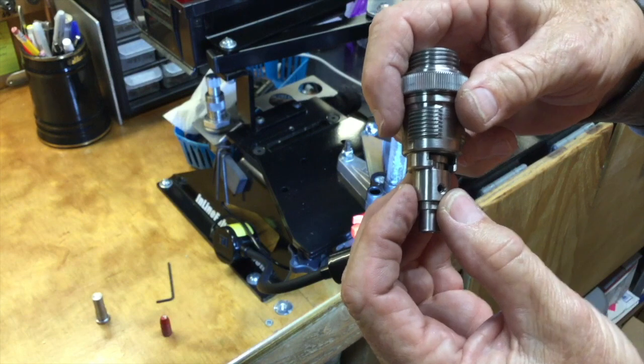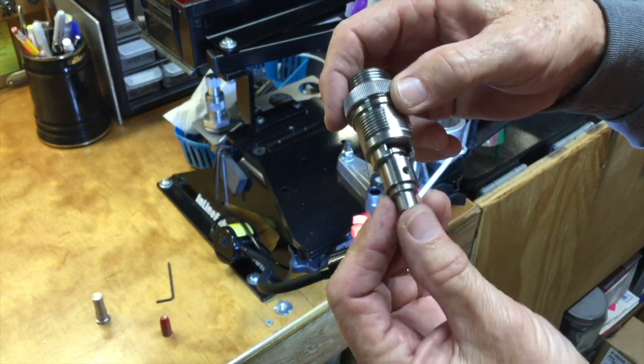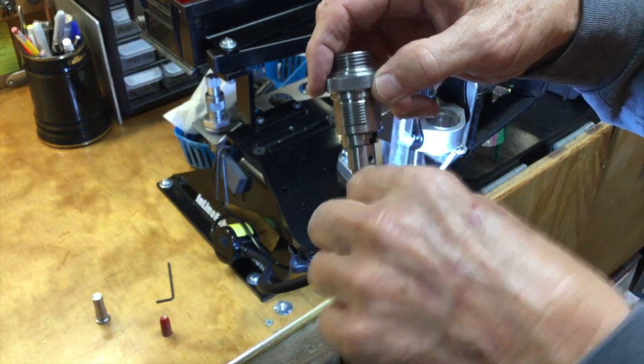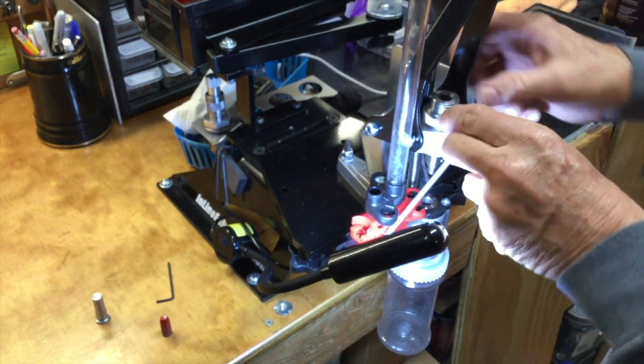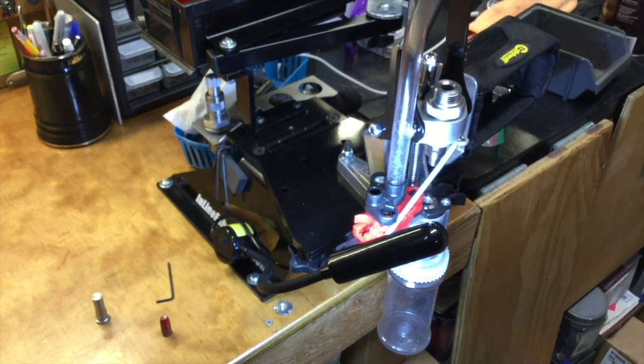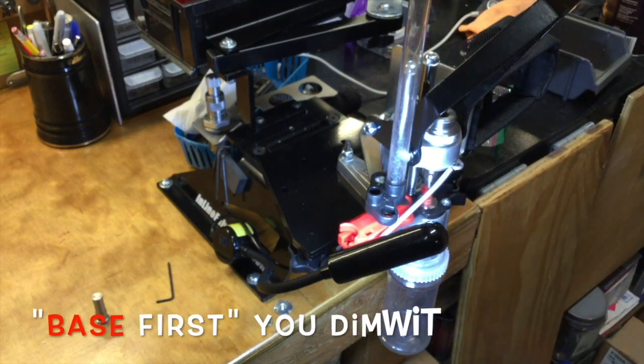This nose punch adapter will work with either the Lee system or the NOE system. It doesn't care what sizing bushing is down there at the bottom. So we would simply set that up into our top receiver, and then if we have a bullet that we want to push through nose first,